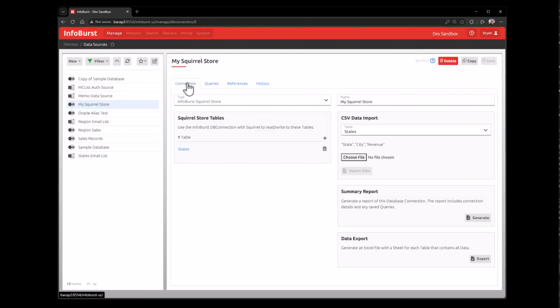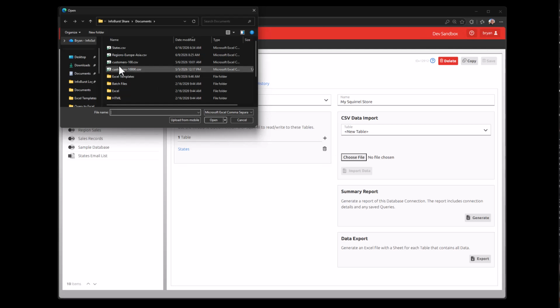We have a second option for creating a table in a Squirrel store. Let's add a second table, but this time we will create the table using a CSV file. Under CSV Data Import, we'll select New Table, select Choose File. I'll select my Customers 100 CSV file, select Open,